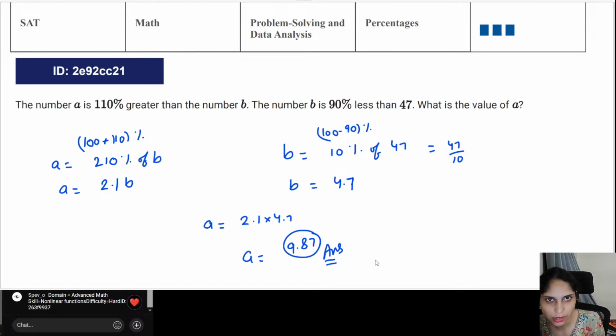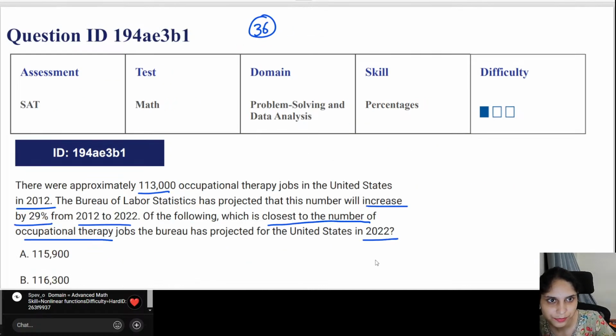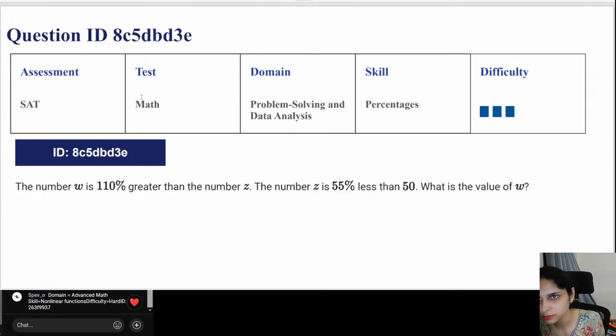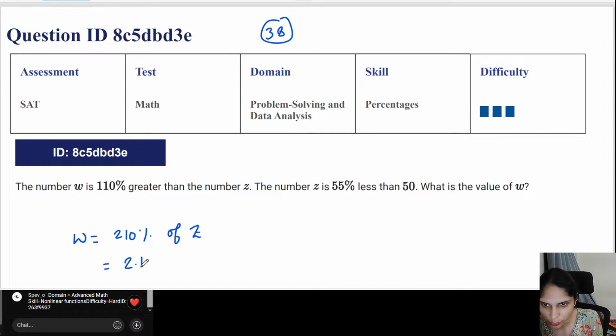Next one is question number 38. Again, the same kind of question. There are two relationships given to you. W is 110% greater than the number Z. So we have seen before it is going to be 210% of Z. That means 2.1 Z, because 100 plus 110%. Now Z is 55% less than, that means we're doing 100 minus 55%, that is 45%